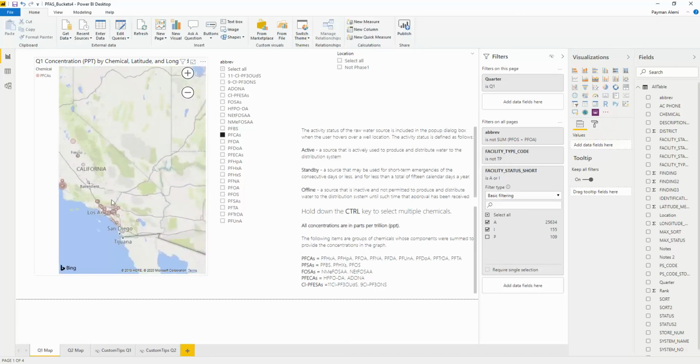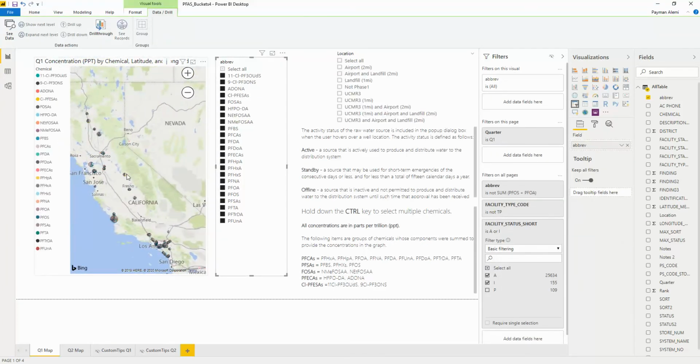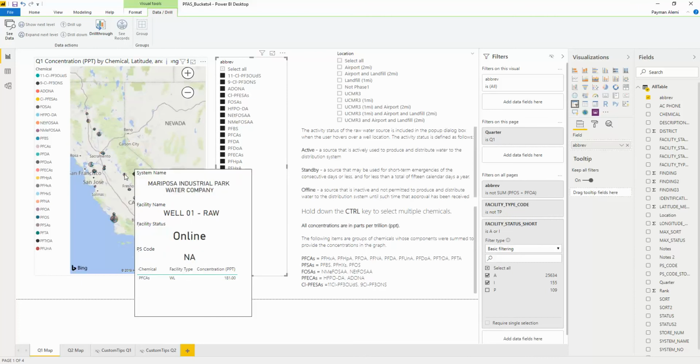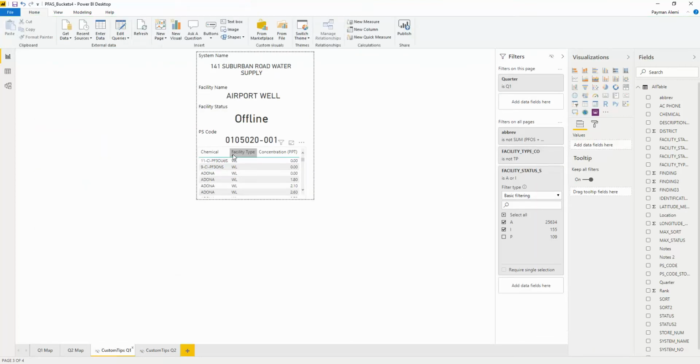Power BI community, I am stuck on this topic. So I thought I'd show you a video, hopefully get some feedback. I have a tooltip for my quarter one map called Custom Tips Q1. In this tooltip, I have a list of chemicals, facility types, and concentrations, such that when I hover